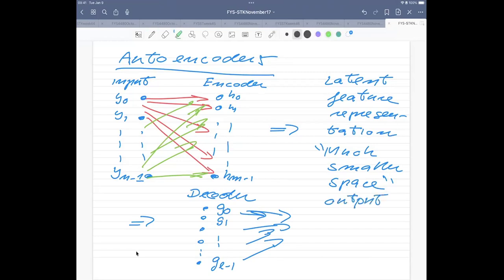So let me just mark this properly. This is the output part, the decoder part. These are the latent features, the encoder part, and the input. And this output is something I will label with Y0 tilde, Y1 tilde, etc., down to Y n minus 1 tilde. So what we are doing with the decoder is that we are reconstructing the output. But normally the decoder can have smaller dimensionality, or it can have the same dimensionality as the encoder.